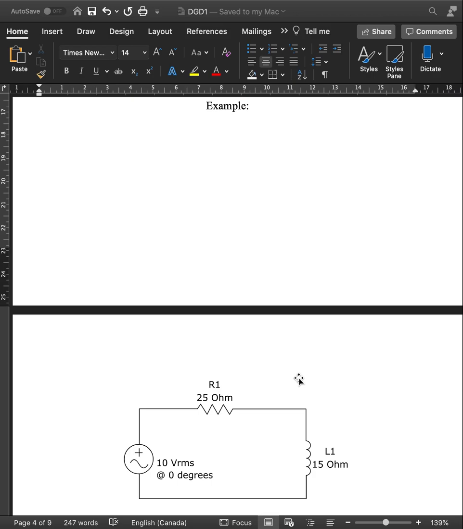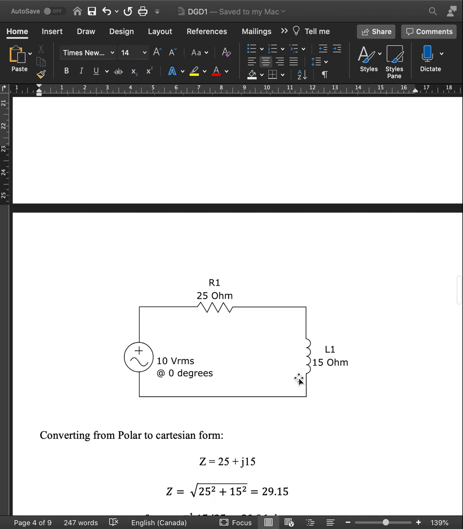I'm not sure if you guys remember how to convert from Cartesian to polar form, so I have a little review here of how to do it. All right, to find the total